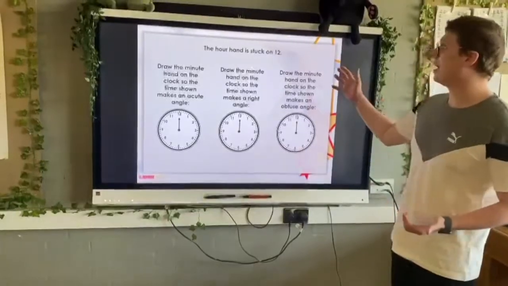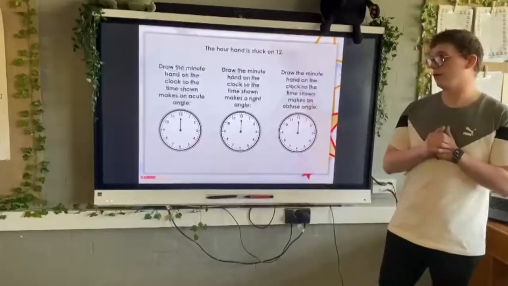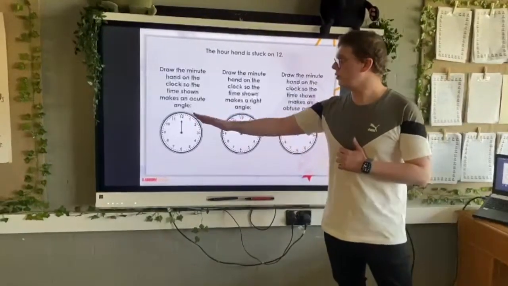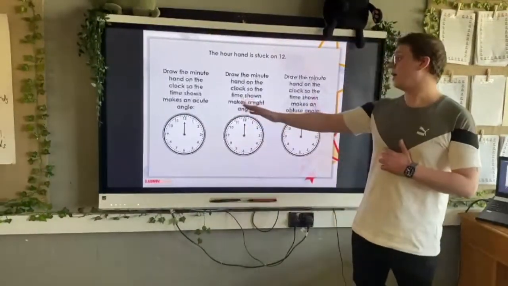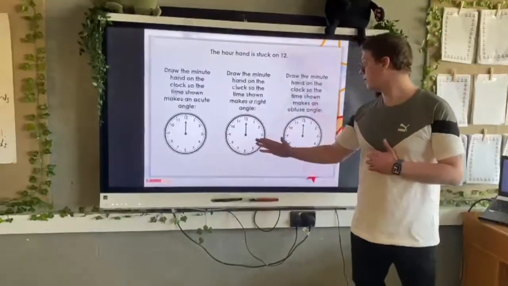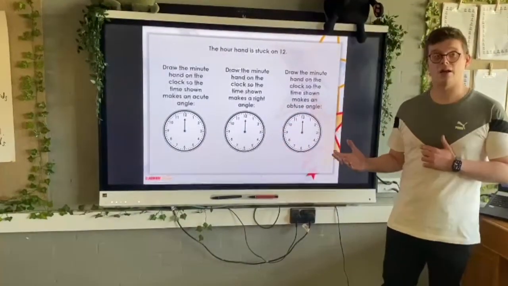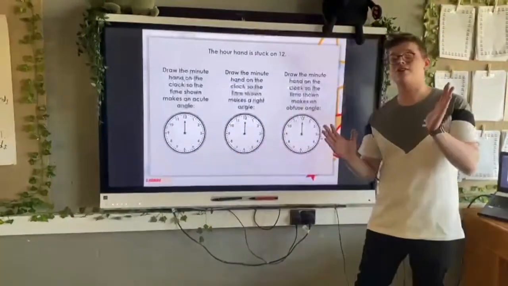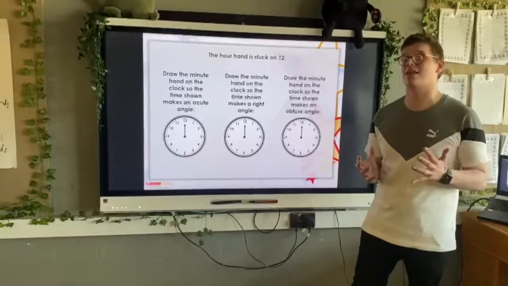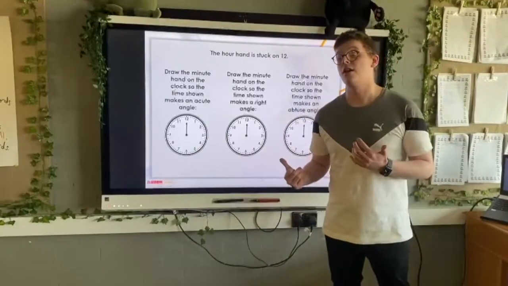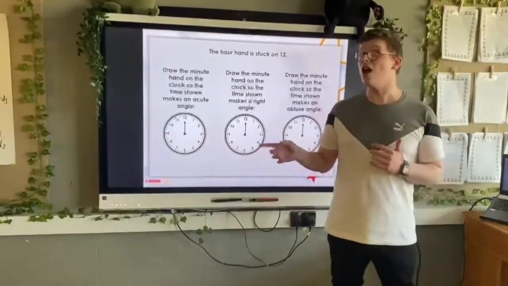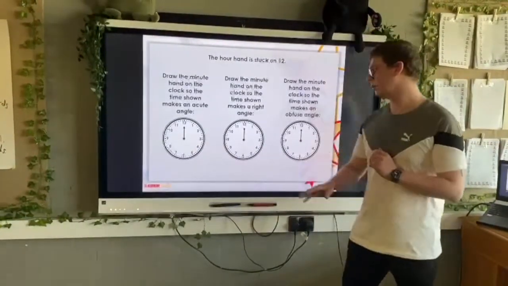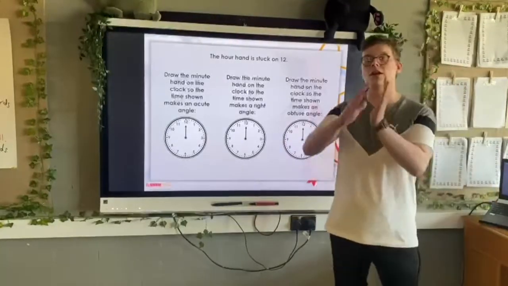If we imagine the hour hand is stuck at 12, here it's asking us to show an acute angle using our minute hand, a right angle using our minute hand, and an obtuse angle using our minute hand. So an acute angle is an angle that is less than 90 degrees. Our Year 5 Griffins should already know that a right angle is a 90-degree angle and our obtuse angle is